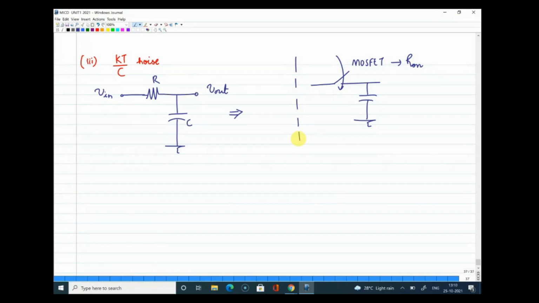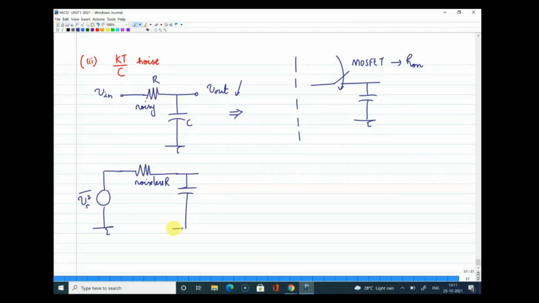Now, if you have an RC circuit, how will you find the noise contribution at the output side? So what we have done in your fourth semester is we have taken this R. So this is a noisy resistance. This noisy resistance can be written as a noiseless resistance, and that noise component can be marked here as the Vn square bar or something, and then you will have the capacitance here as V out.